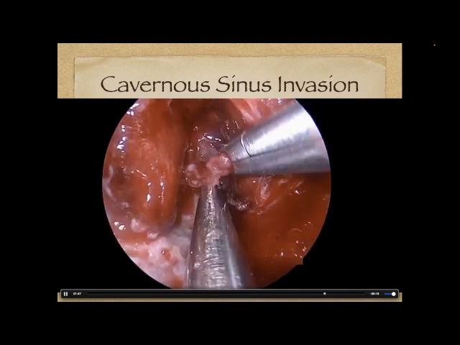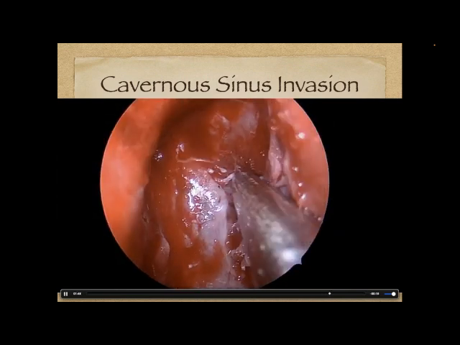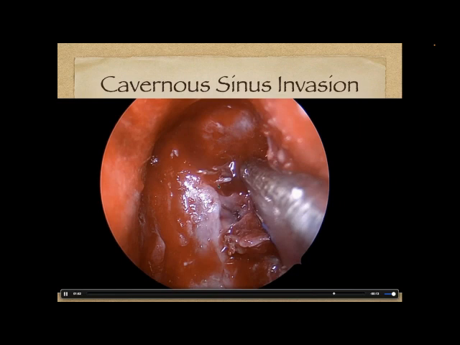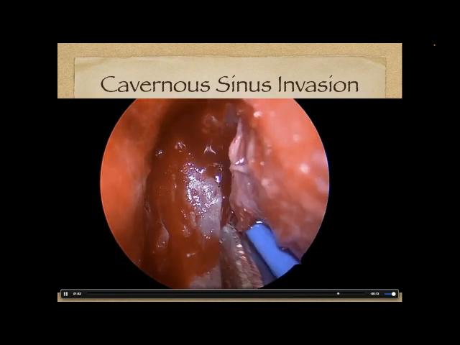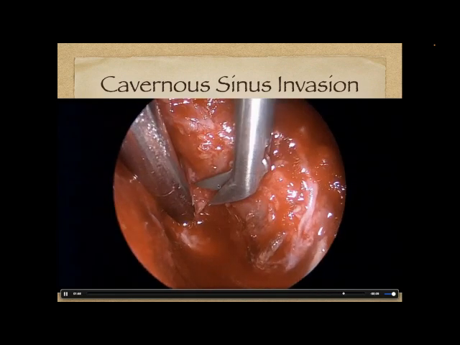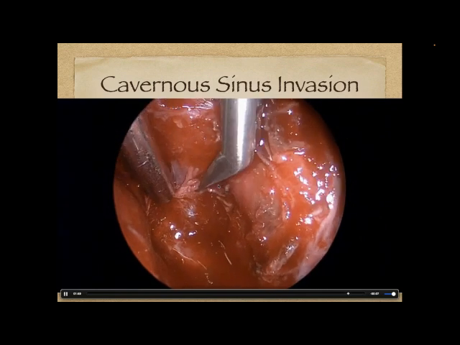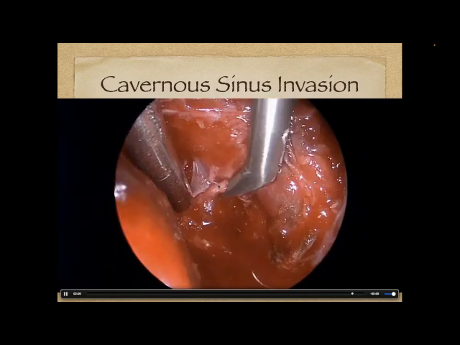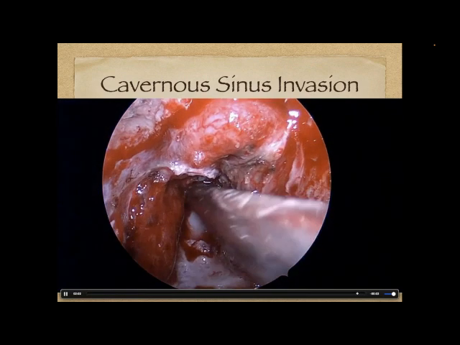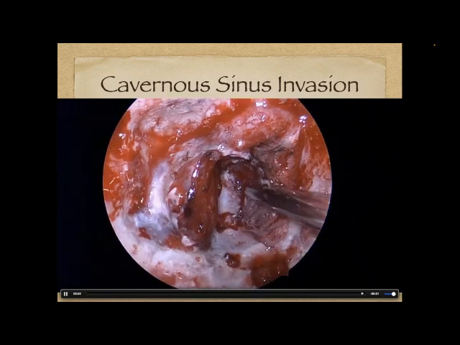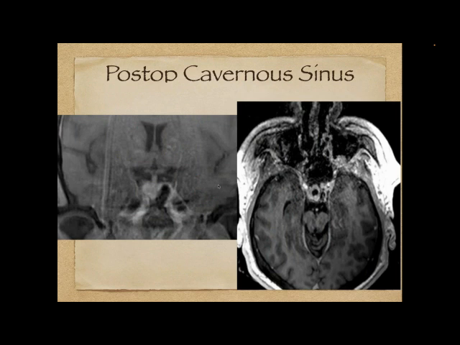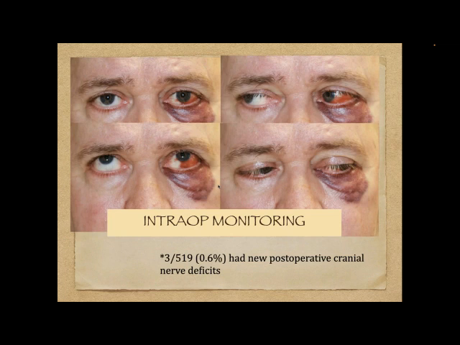but sometimes we can't if it's really invasive like this one. And so here now we're peeling away the medial cavernous wall. We're stimulating nerves to make sure we're nowhere close to them. And this allows us to do a safe removal of the tumor, even on the backside of the carotid artery. Because we've exposed the artery, we can use the endoscope to enter into that area and safely work there. And here you can see a complete removal of that tumor. It's very rare for us to get any deficits.